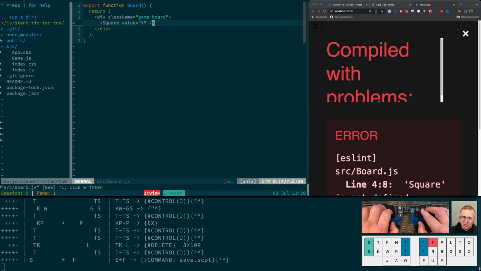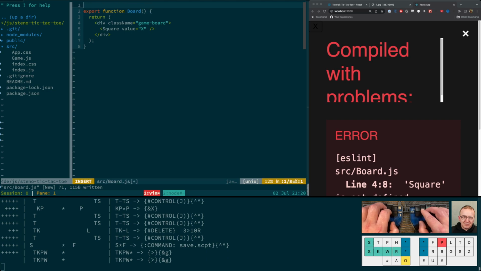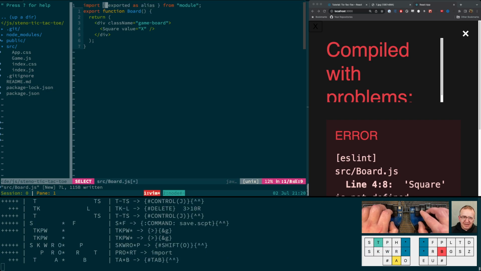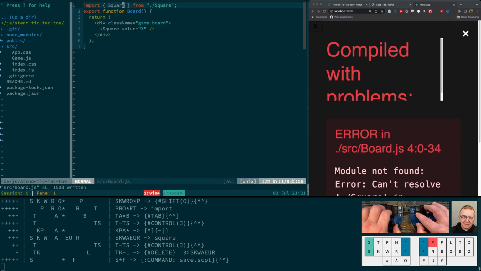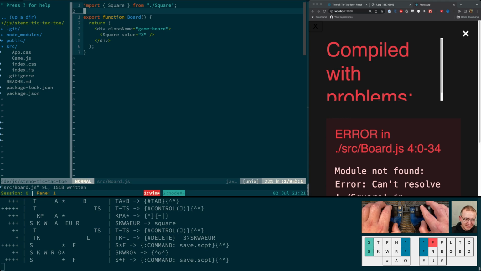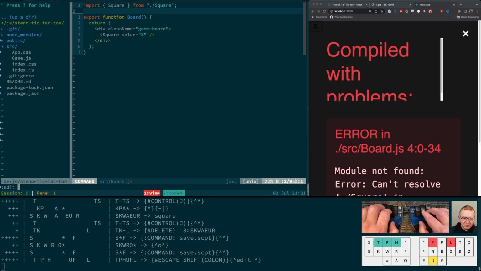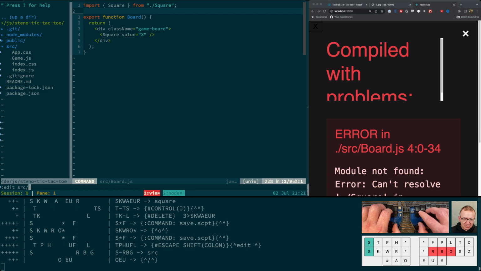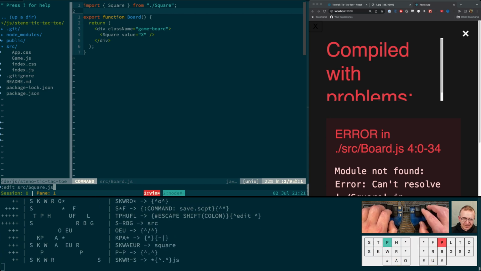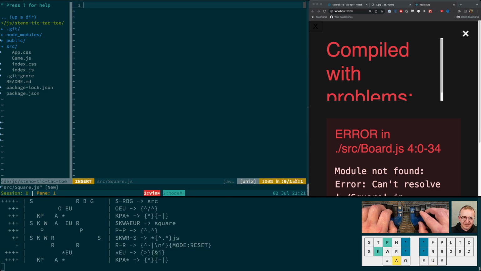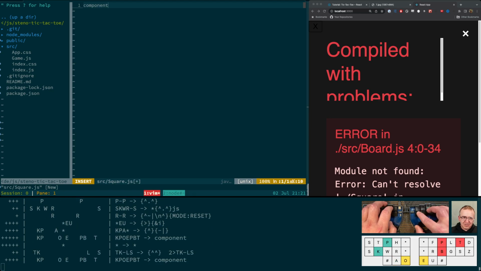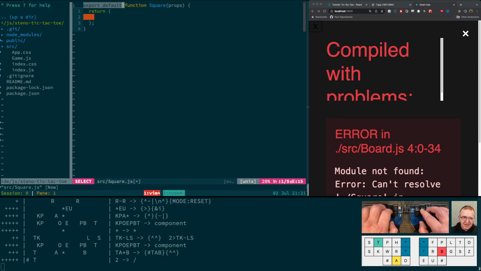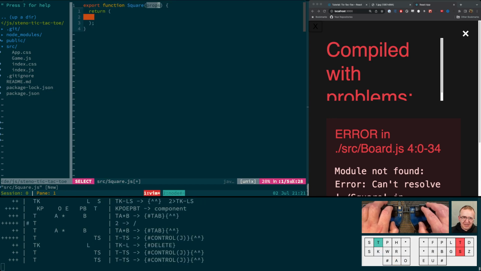And of course, it doesn't know what square is because we haven't defined it yet. So let's go back up to the top, and we will import that in. Firstly, square from square, but we don't have the file yet. So let's create that new file. We'll put that under source square.js, and here we'll do it again with another function component declaration, and we'll export it,